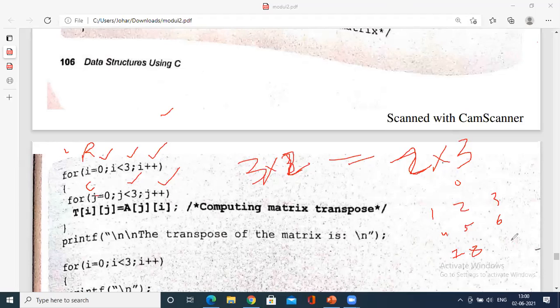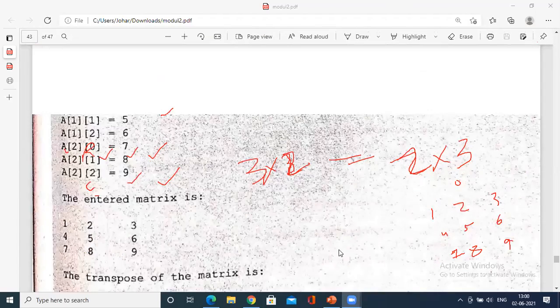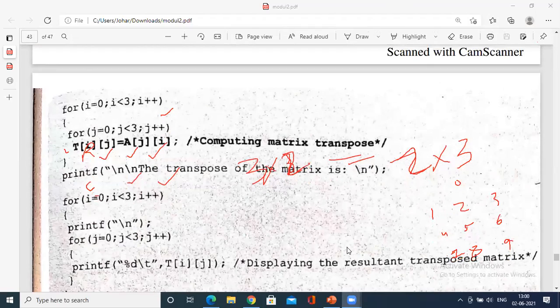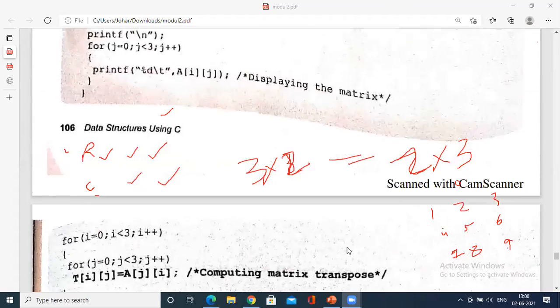So this is your 3 cross 3 matrix. What is the transpose of this? Or let us take his example only, 1 2 3, the same example, no issues. So see here, 1 will be... how do you write the transpose of this?